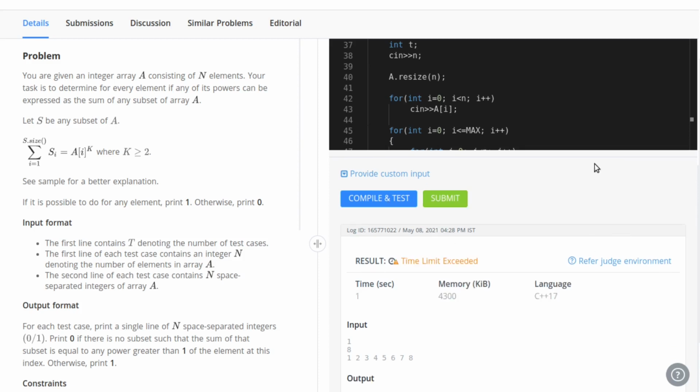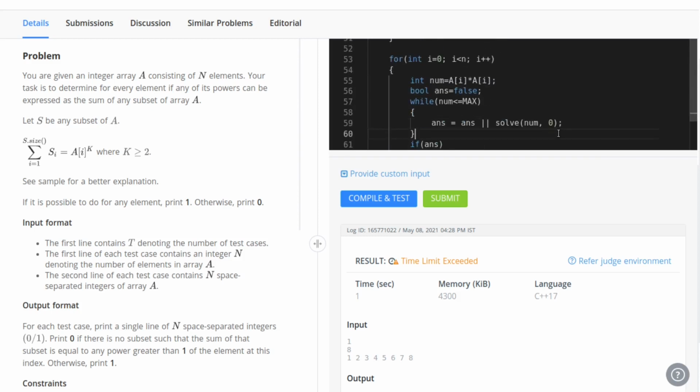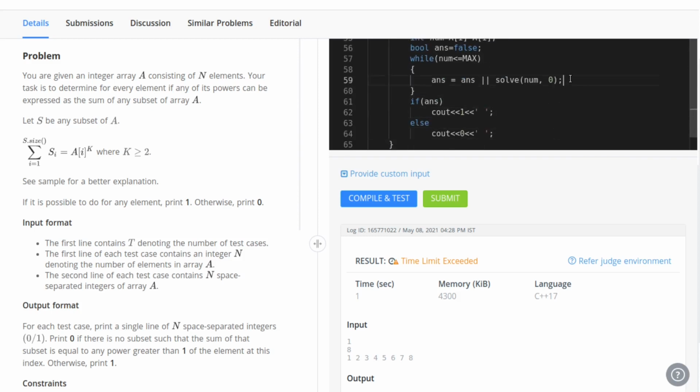It gives TLE. Oh, probably because I have forgotten to put the condition in the while loop here. So not the condition, the iterative statement which will be repeating in the loop. It should be that every step the num is multiplied by a, because we want to check it for every power. So if you are at a square, then you want to move to a cube, then to a to the power 4. So every step you are multiplying by a.